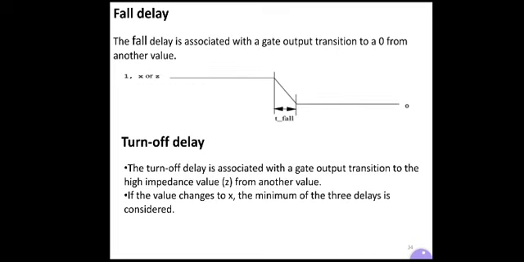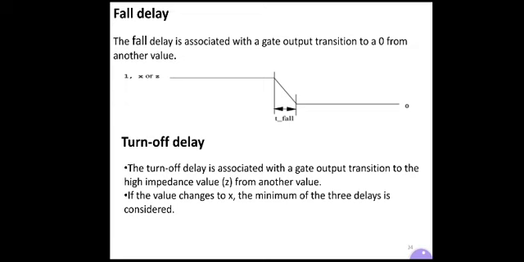Next one is the fall delay. As the name suggests, fall delay is just the opposite of rise delay. The fall delay is associated with the gate output transition to a 0 from another value, that is, when the output changes to 0 from 1, or x, or z, that is, unknown value to 0 or high impedance value to 0.